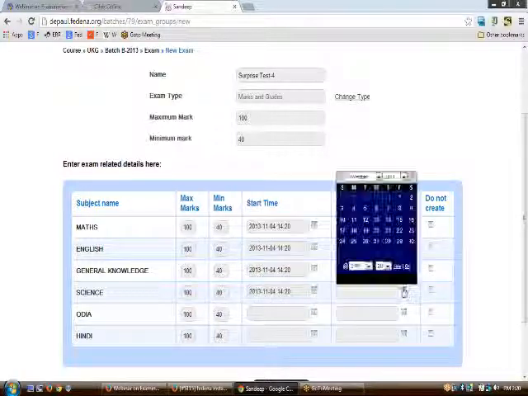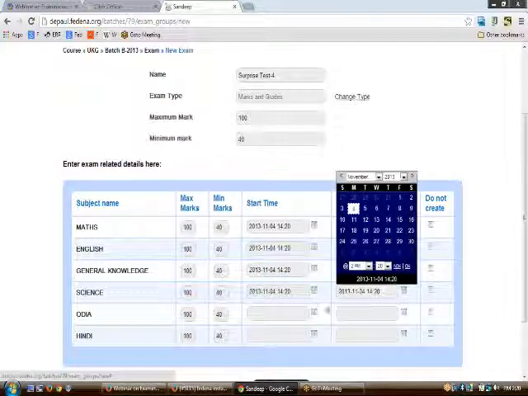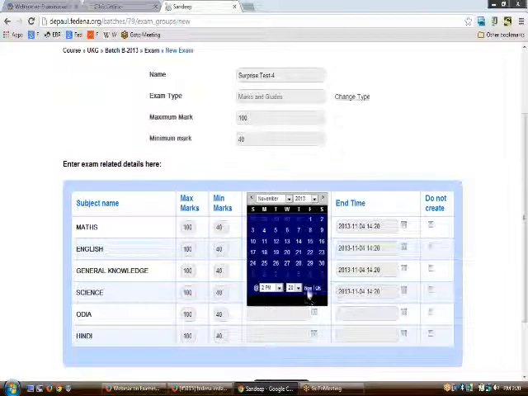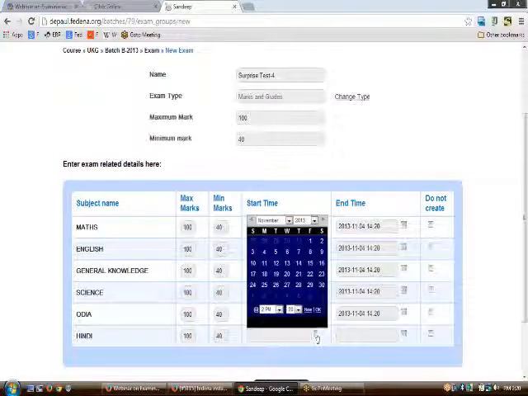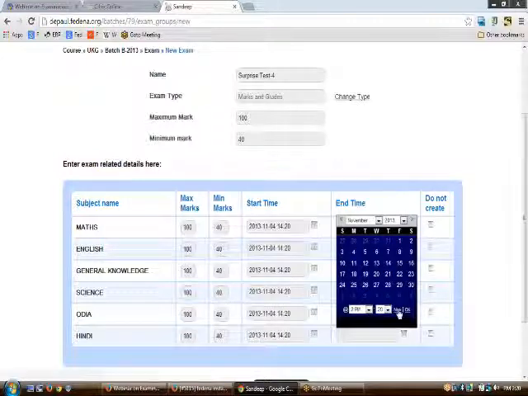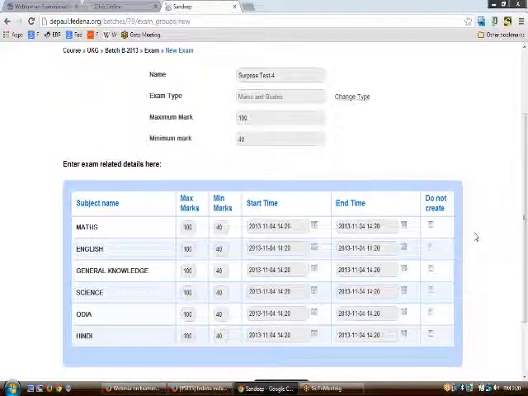Now having created all of this, we can move into the last column of the table called do not create. In this particular table we are asked to select a subject where examinations are not conducted. Let us say that you have a particular subject but you do not have any examinations for it, then you can just select the option right from here.